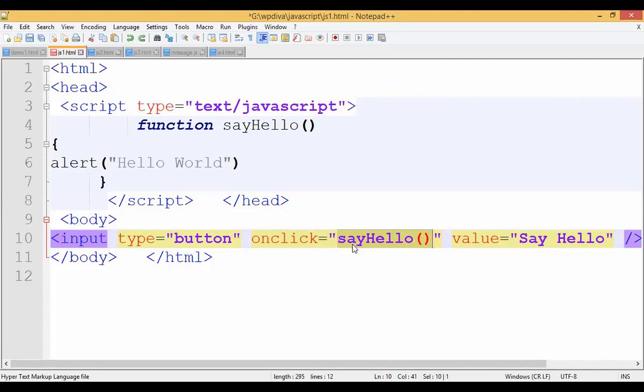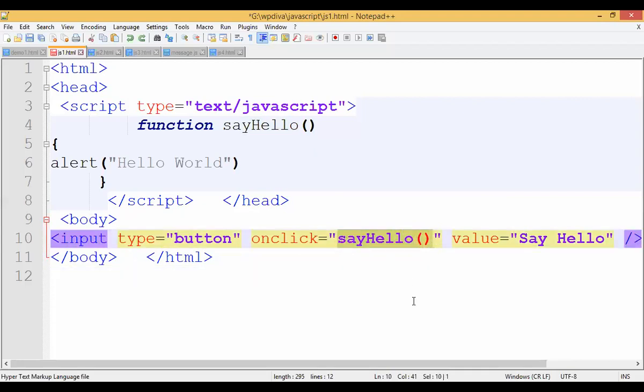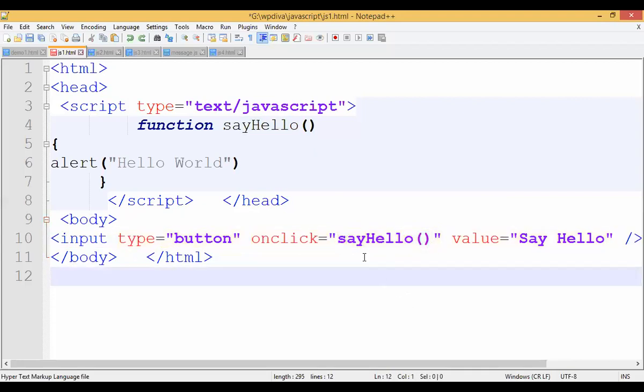Okay. So when I call this function say hello, what will it do? The HTML file will search for this function name, because in the format you see, the empty parenthesis means it is a function. We are not using any semicolon when calling the function, just the name of the function. When I pass this function name, it will check its entire HTML code, jump to the function say hello, go inside the code of that function and execute that code in the browser. Is it clear? Let us see how it works in the browser now.